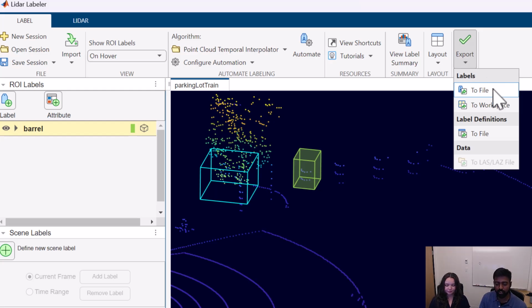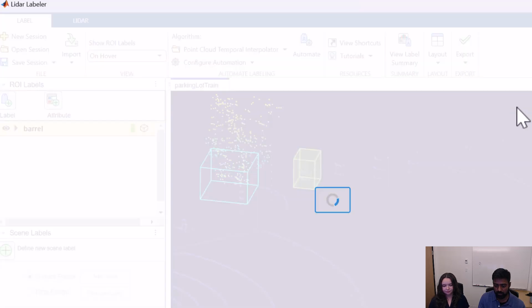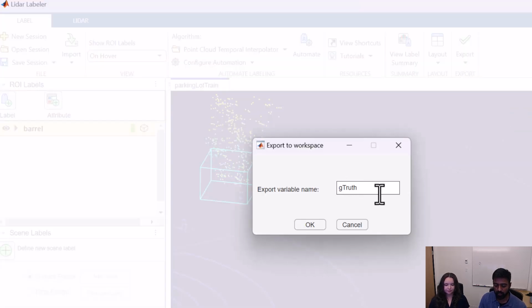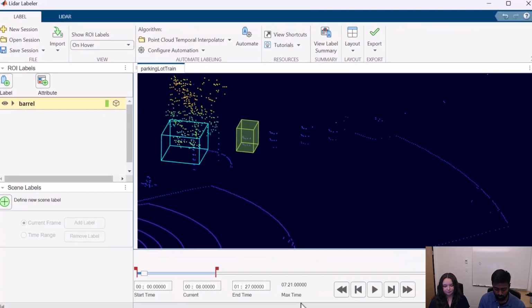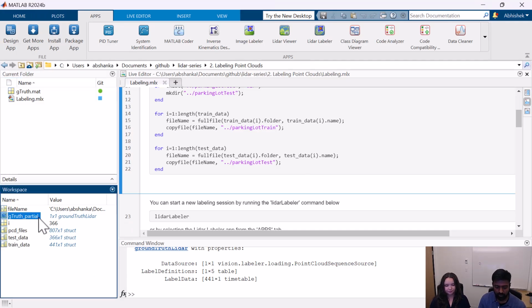And like I said, you have a file option or workspace option. For this, I'm going to be using the workspace, and I'll just name it gtruth partial because I haven't fully labeled the data set. This will export all your data to the workspace. So if I switch back, you can see that a gtruth partial was created.